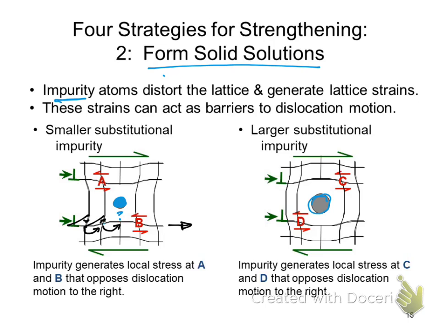Also, you can see that these lattice strains involved are, in this case, smaller, and so they're kind of bowing in, and that's going to create an impedance to this moving through the system. Similarly, over here on the right, as you move through, let's say D is going to the right, these stresses